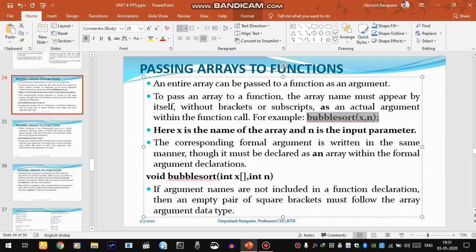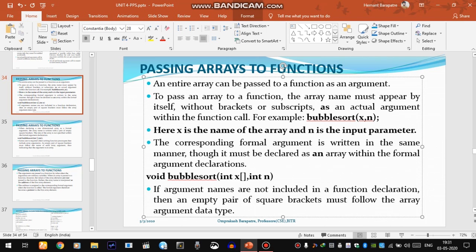For providing a function definition, we need some method of telling the compiler that we are passing an array. Passing an array is done by using the subscript itself.